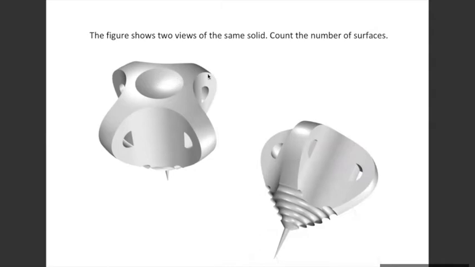Okay, so I think you have done this kind of question, like 2-3 questions we did last time on surface counting. So you are given two different views of the same object. You have to find the number of surfaces that are there. Now, in this kind of complex object, what you should do, just a suggestion, is you are given ये object को दो parts में divide कर दो. One is the rings which are seen at the bottom.